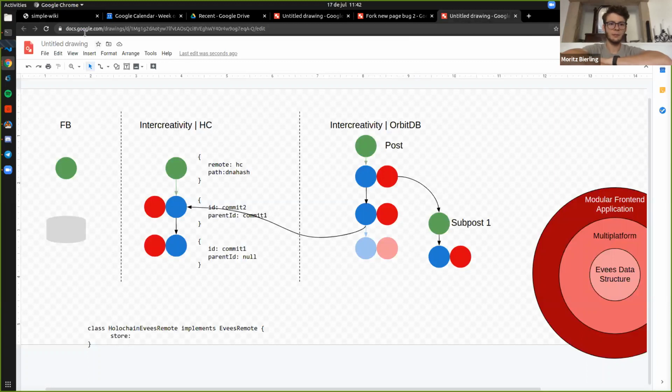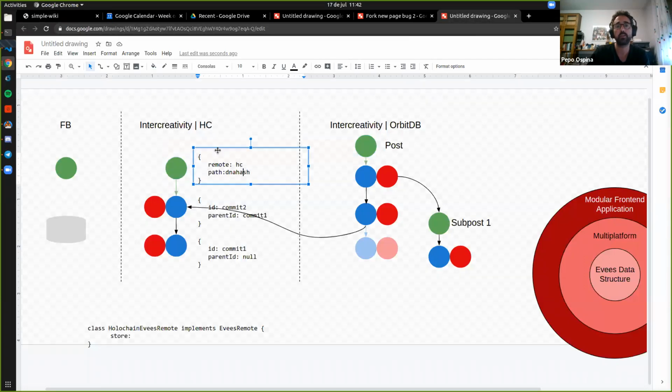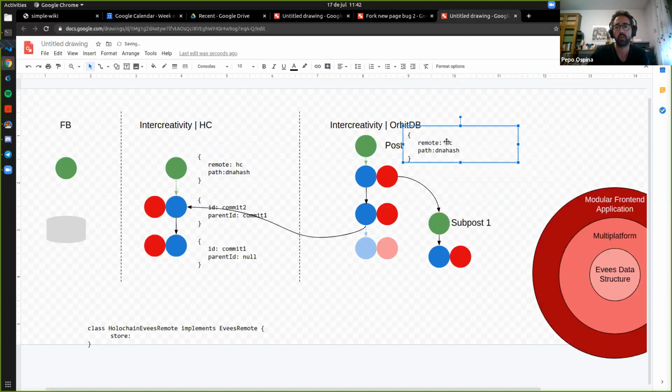Can you briefly remind me what the colors in the dots stand for, to see what's happening? Okay, so the green ones are the perspectives, which are mutable references, and they have a remote associated to them. Here is Arbitrary, and the path is the database hash.